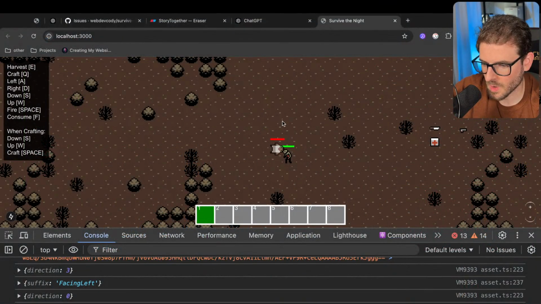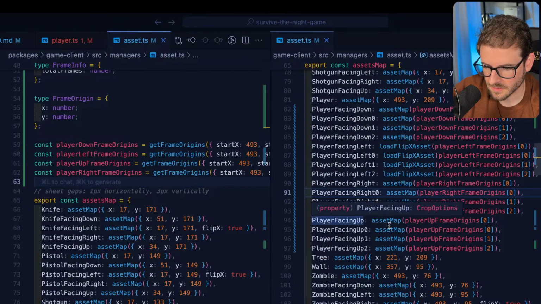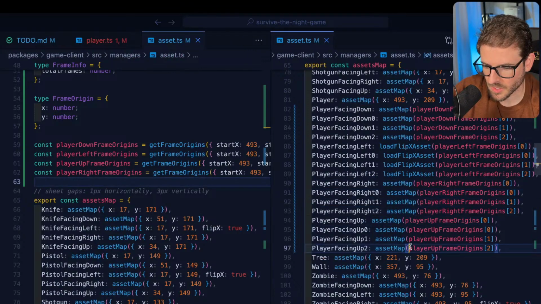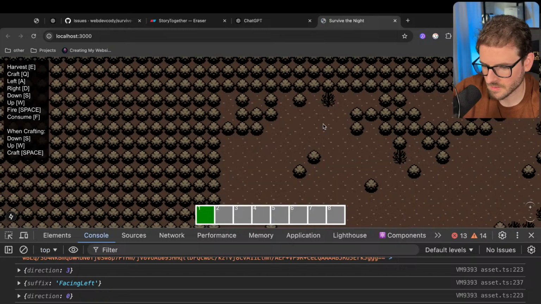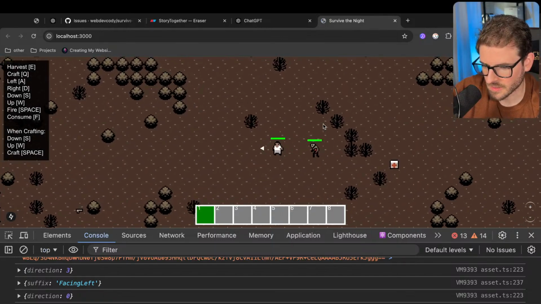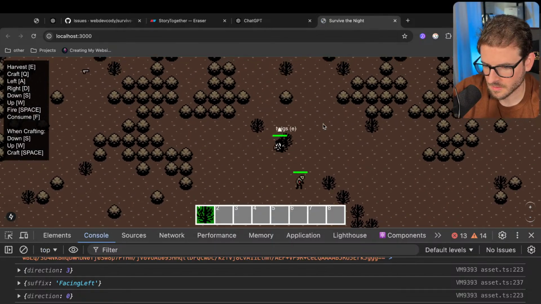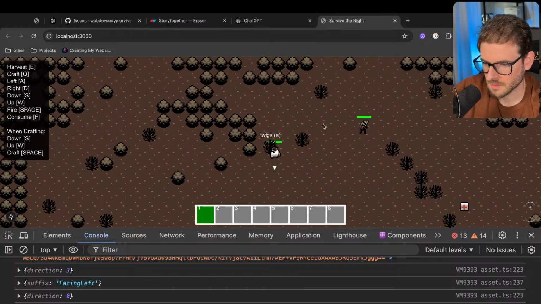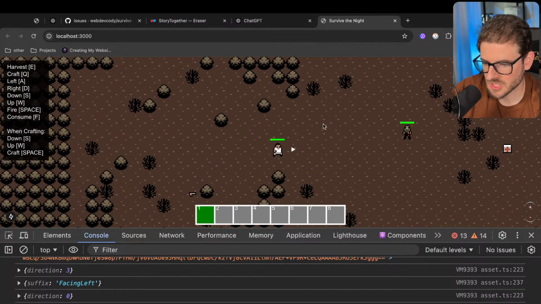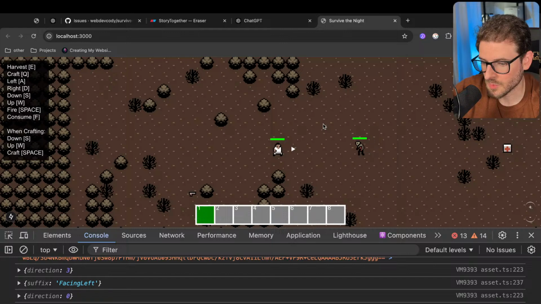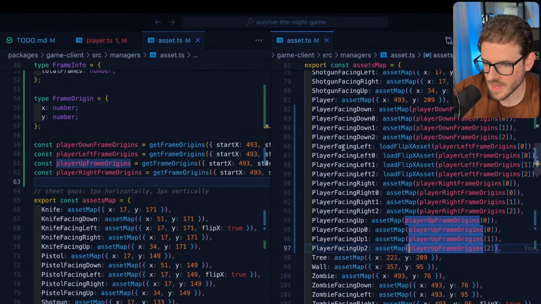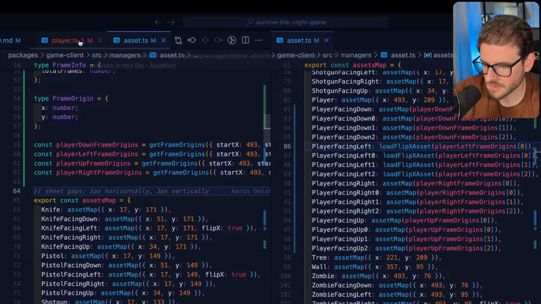We want to be able to go up, which it should be working. This should all be working, right? Oh yeah, it's all working. I need to stop the animation when I'm not moving though. So that, if I go back to the player,